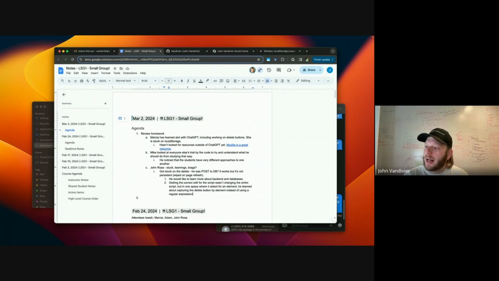I do think, Mike, I want to chat with you a little bit before we dive into local storage, because I don't want to dive into local storage if we're still missing some of the JavaScript. You need to know a little bit of JavaScript before you get into local storage. So what is local storage? It is a front-end database, which almost sounds like a contradiction, but it's not. You're going to interact with local storage using JavaScript.